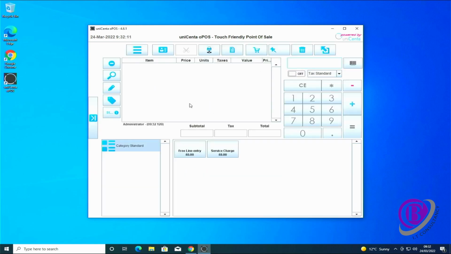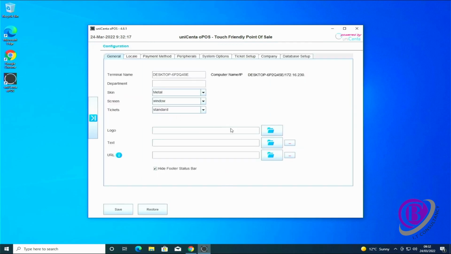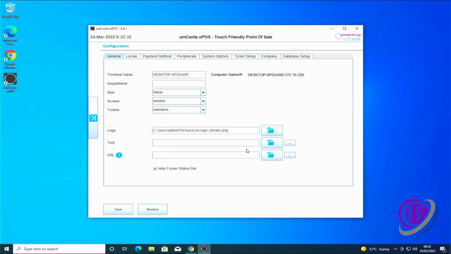So go into administrator, configuration, and then we select the open option on the logo. Go to the location of where you've stored the picture. OK,